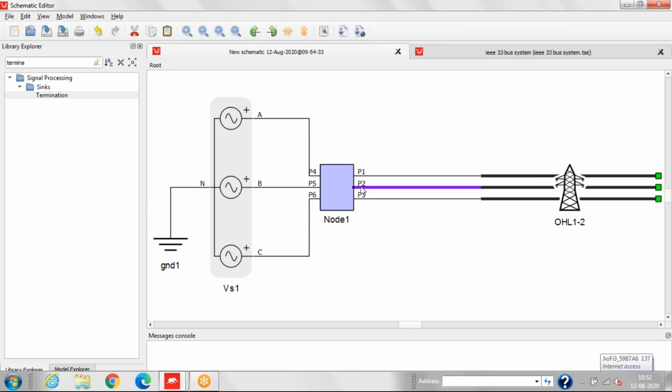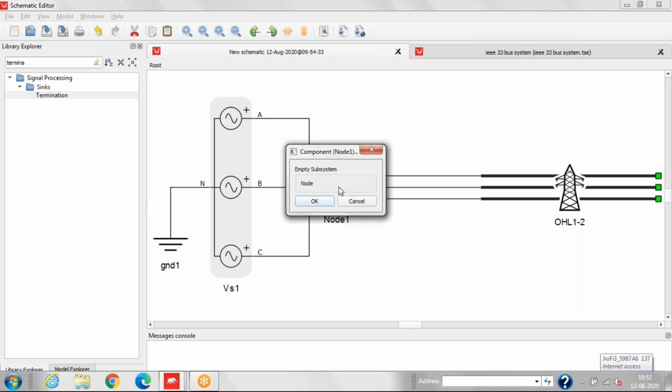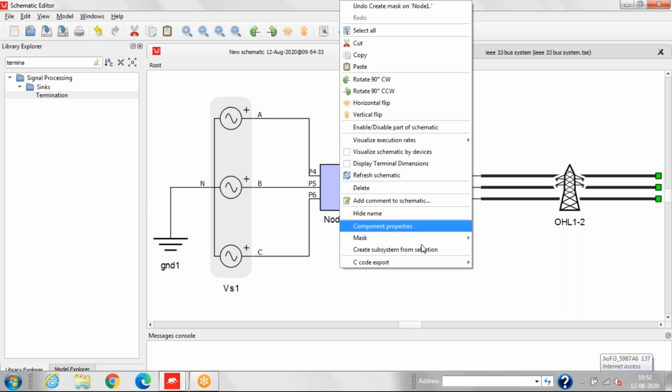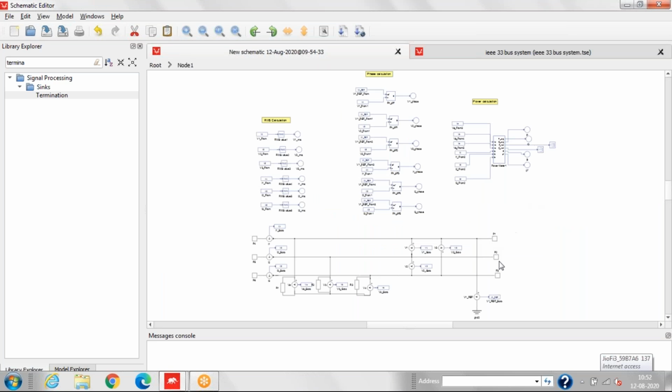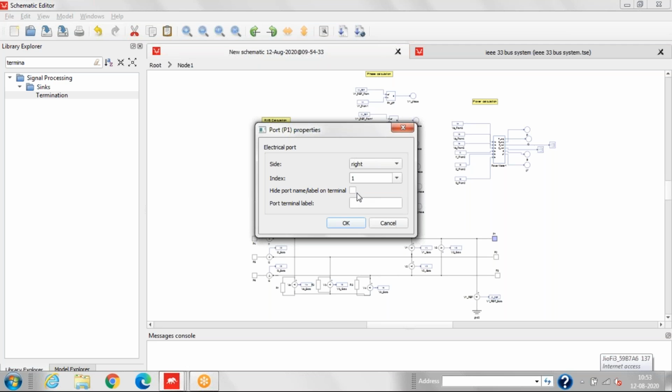Now if you want to remove this P1, P2 and P3, then what you have to do, you have to just go to the mask and look under mask and then hide port name.